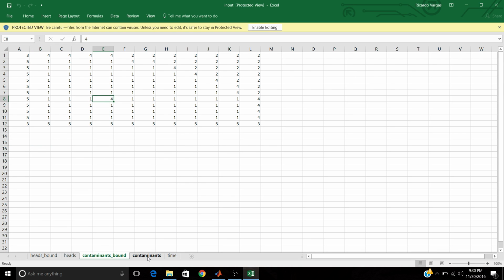Now for the contaminant boundaries, you can see that it's very similar to the head boundaries. And now for the contaminants, you see that you have a contaminant right here, which will spread out as the water flow moves around. The time tab